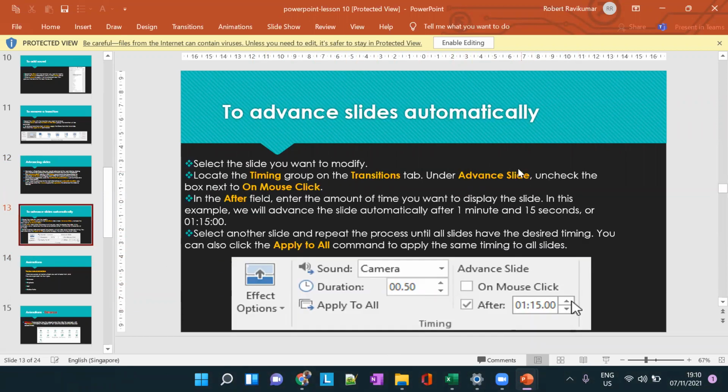I just want to ask you guys a question. What is the difference between apply to all, or rather, what does apply to all do? Can anybody answer me? Sir, again, what do you mean by apply to all? We saw what the apply to all functionality is, right? Can you tell me what it is? What is apply to all? Somebody is answering me. Who's answering?